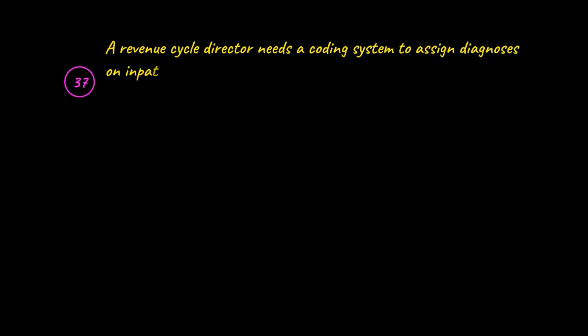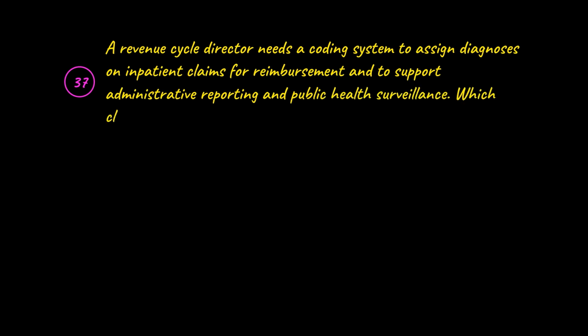Question 37. A revenue cycle director needs a coding system to assign diagnoses on inpatient claims for reimbursement and to support administrative reporting and public health surveillance. Which classification system best fits this purpose? Your options are